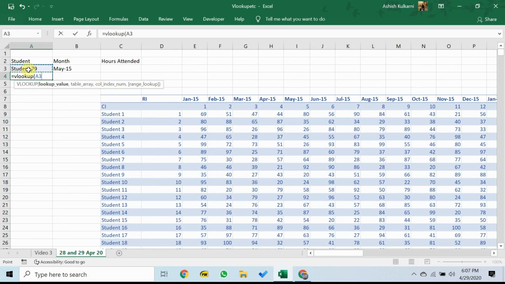So Excel says, gotcha, you want to use VLOOKUP and you want to look up whatever is written in cell A3. Where should I look in terms of finding out whatever is written in cell A3? A3 में जो लिखा है वो ढूंढना है, बस कहाँ पे ढूंढना है? I've understood. Excel says that I need to search for whatever is written in cell A3. Where should I be searching for it? So I say to Excel that you should be searching for it over here.